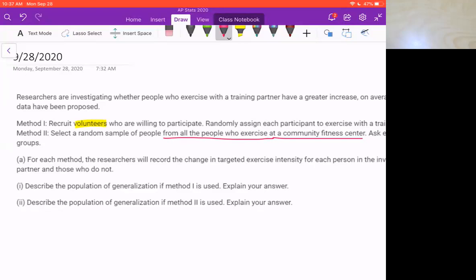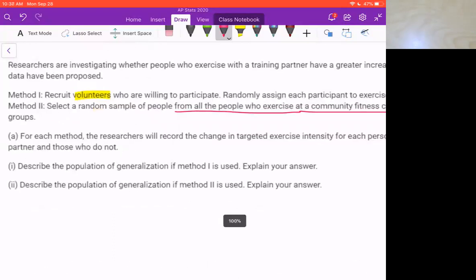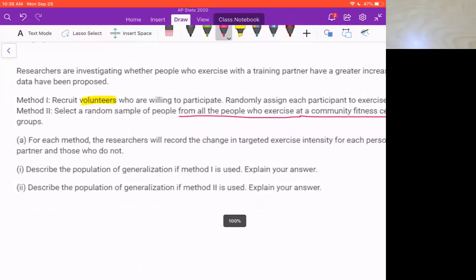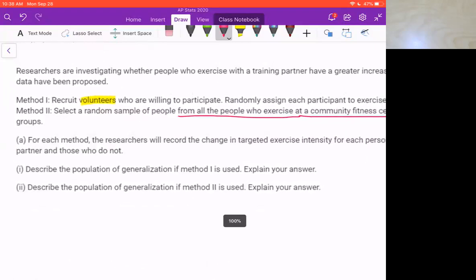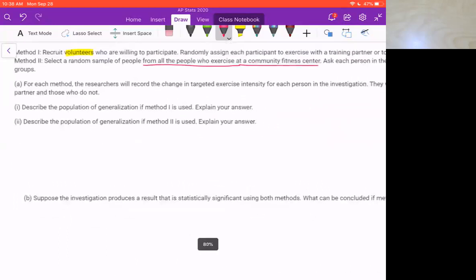Problem with volunteers is, yeah, you can only generalize to the people who would volunteer or who are very similar to these volunteers. So that's the problem with volunteers, it's bias. And the random sample should be unbiased if it's a random sample. Okay, but all they're asking on part A is to describe the population. Okay, so describe who we are taking these people from. And part B. Okay,